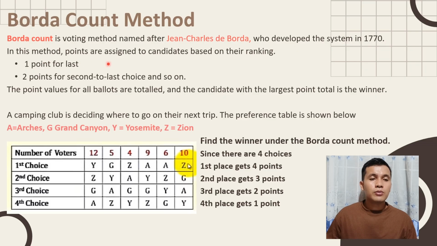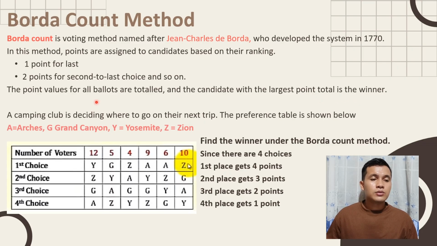In this method, points are assigned to candidates based on the ranking: 1 point for the last and 2 points for the second to last choice and so on. So if there are 4 candidates, automatically the first candidate will get 4 points, the second candidate will get 3 points, the third candidate will get 2 points, and the last one will get 1 point. The point values for all ballots are totaled, and the candidate with the largest point total is the